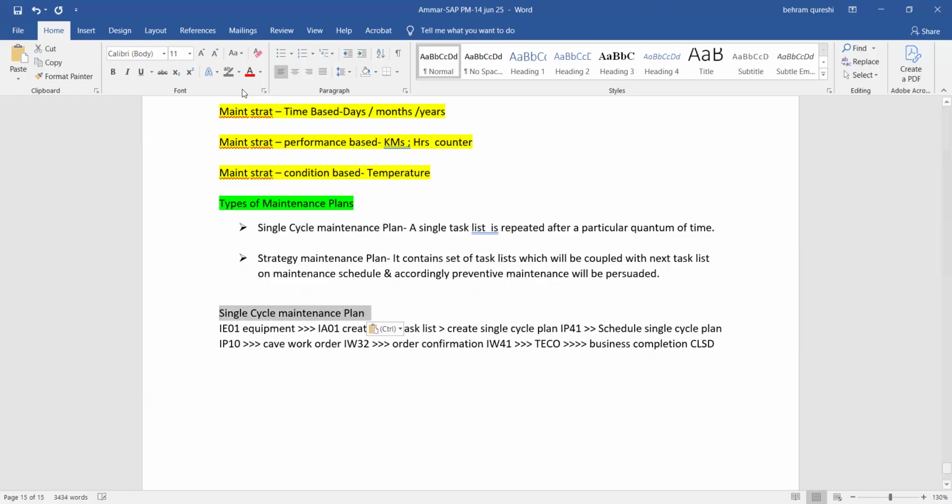which we have seen. And tomorrow, inshallah, we will see the strategy maintenance plan, and overall, we will see that how